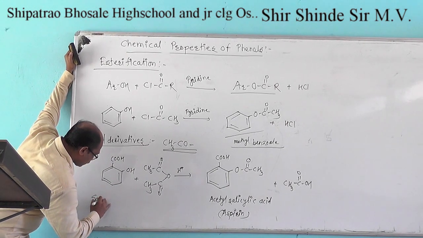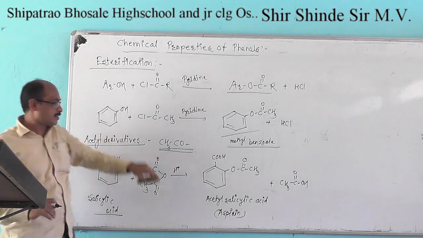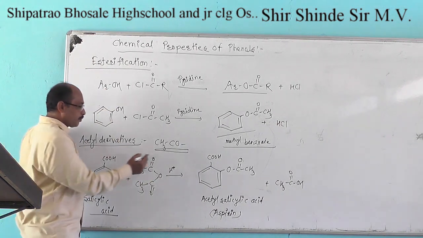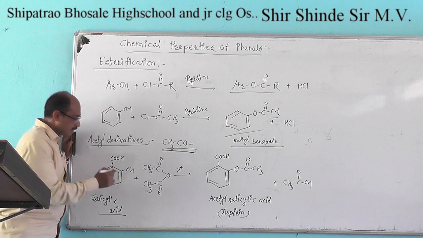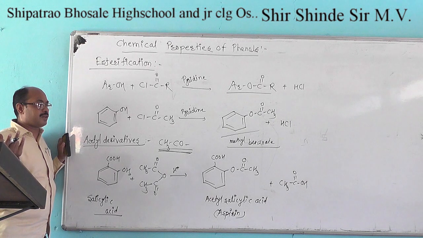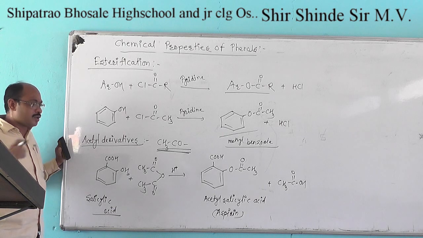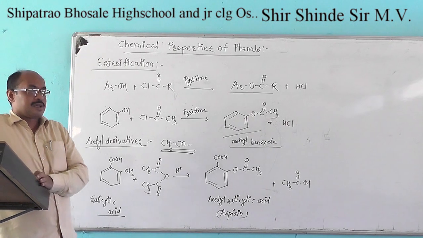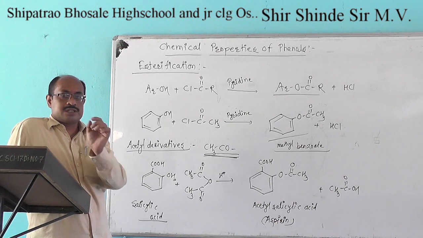Salicylic acid gives us the formation of aspirin, which involves the introduction of the acetyl group to the phenols, which replaces the corresponding phenolic OH. The acetyl group takes place at that position where the phenolic OH is present. So these types of reactions are useful for identification or conservation of the phenolic OH or hydroxyl groups in the corresponding compounds.